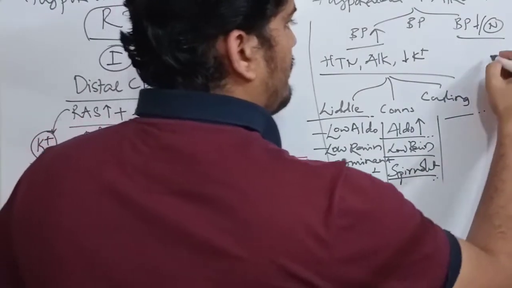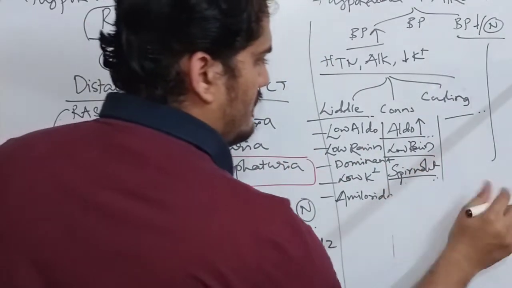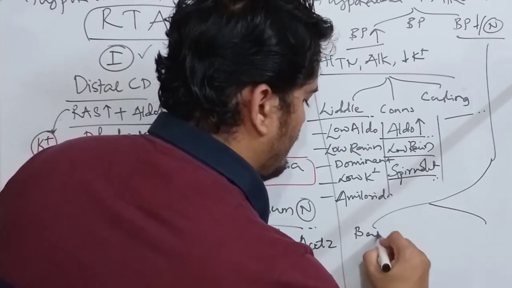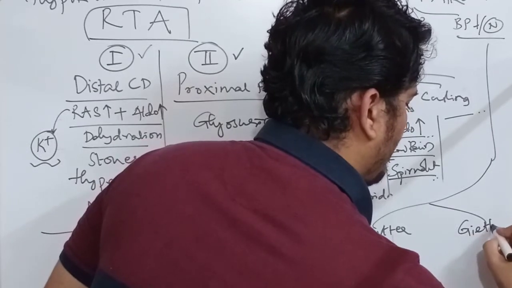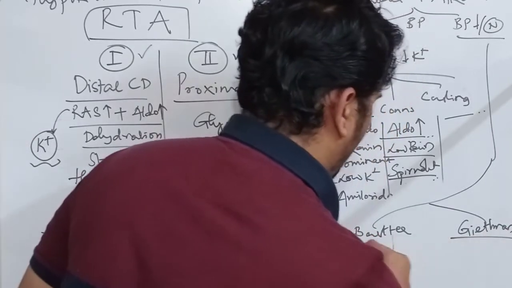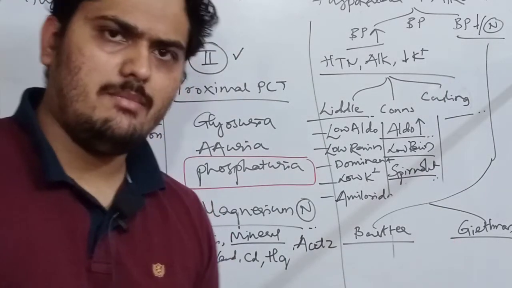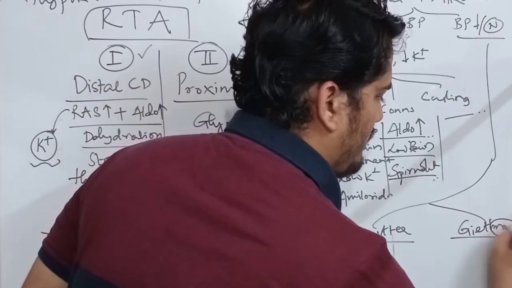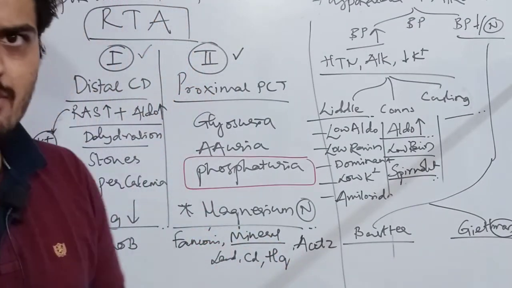Next one. What if the blood pressure is low to normal? I told you that in this case there are two important differential diagnoses here. One is Bartter syndrome. Next one is Gitelman syndrome. And how to differentiate between these two? In Gitelman syndrome, we should remember one important point, that is man. Bartter syndrome we can remember with one